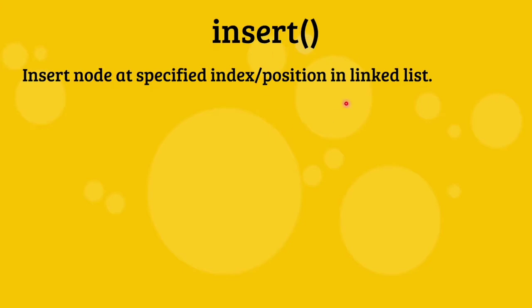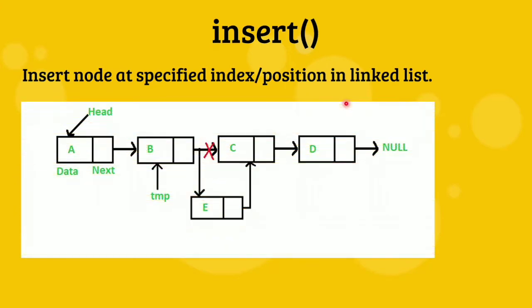Let's understand this insert method in our example. Here we have A, B, C and D as a part of the linked list, and here I want to insert E at index position 2. We will start our index counting from 0, so 0, 1 and 2. Once I try to insert our node at index position 2, I will get the node at index position -1. That means if the index is 2, the previous node will be at index -1, that is 1.